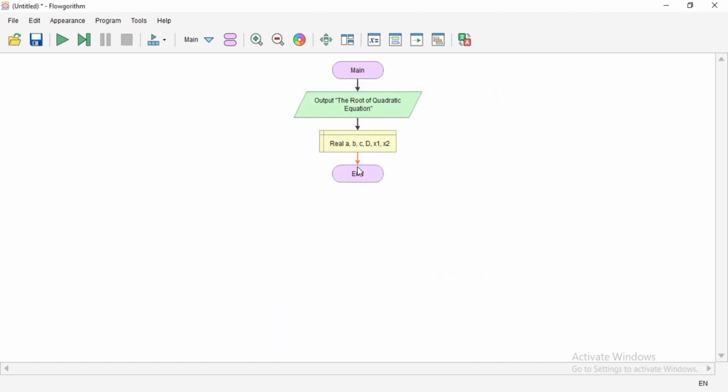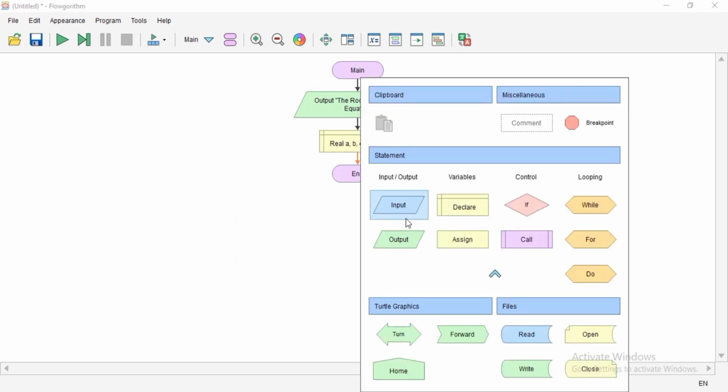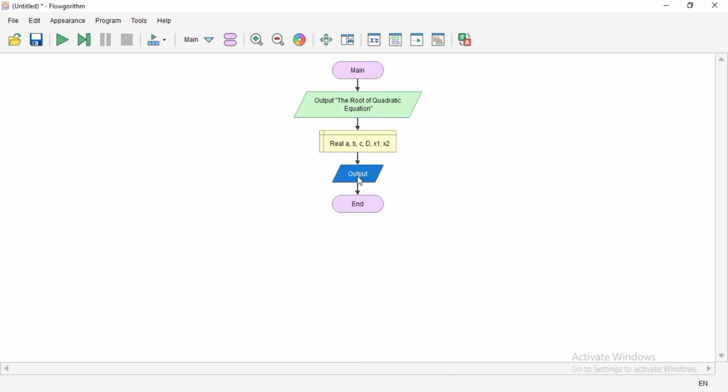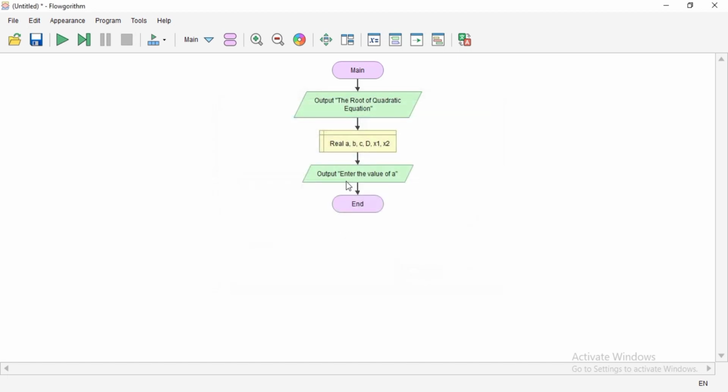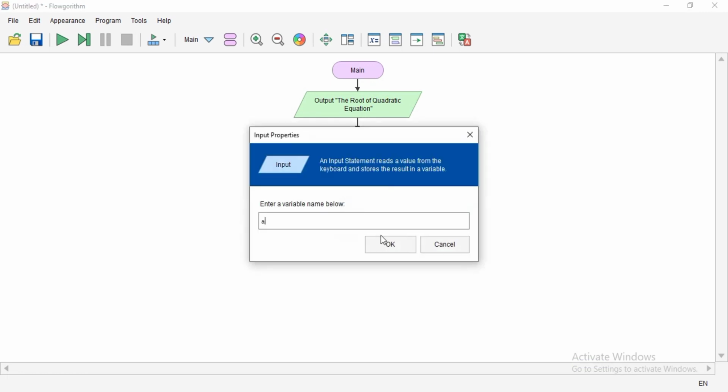Okay, next choose output and type "Enter the value of A". Okay. So the input is A.